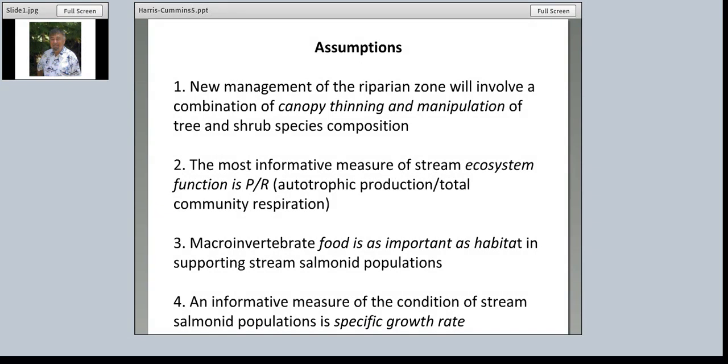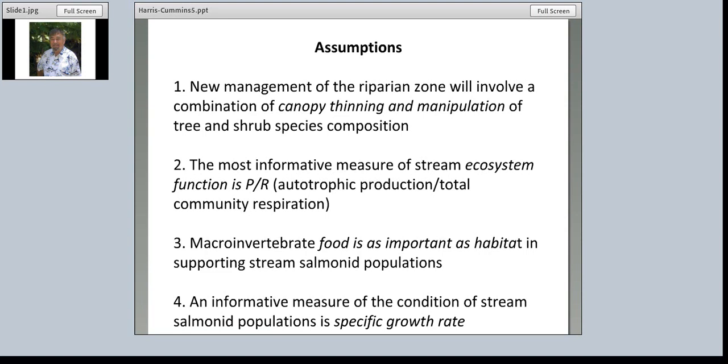Knowing this about a stream ecosystem seasonally or annually, most stream ecologists, I think, would agree is probably the most fundamental measure you could make. It's difficult to do, and so it hasn't been done very often, or when it's done, it's in very short time periods. So there's a lot of calculations and modeling that have been done to try to work this out, but it's a fairly simple concept, though difficult to measure.